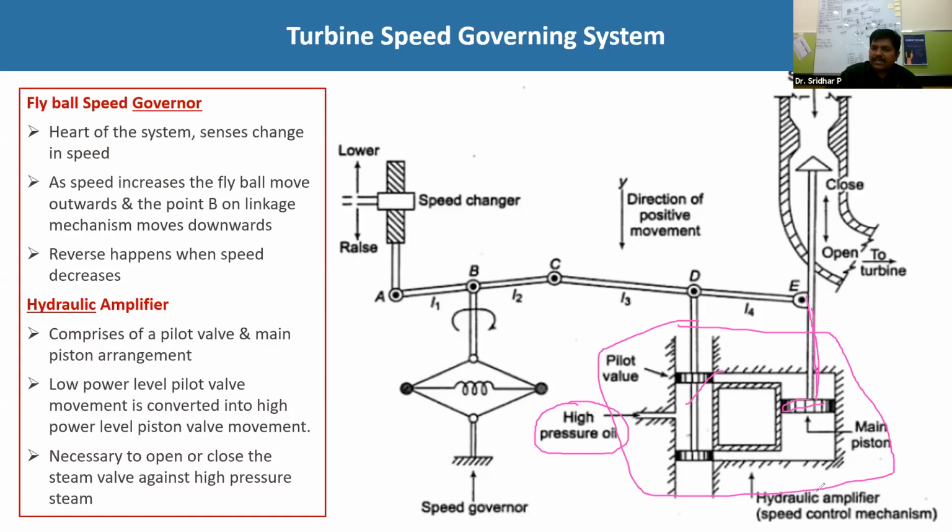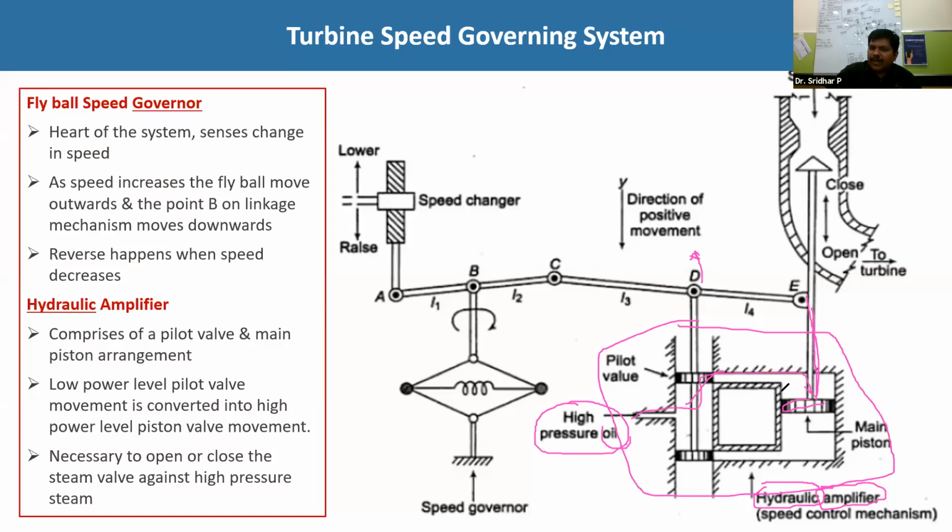Because of that, this is called an amplifier. Now, on which principle is it working? It is working on liquid or oils, so this is also called a hydraulic amplifier. Hydraulic amplifier means at one level there is high pressure oil only, but at a low energy level, because the chamber is a very narrow chamber, and this is just a pilot valve only. Because of the slow, very minute movement of this small d, high pressure oil will be admitted onto the main piston.